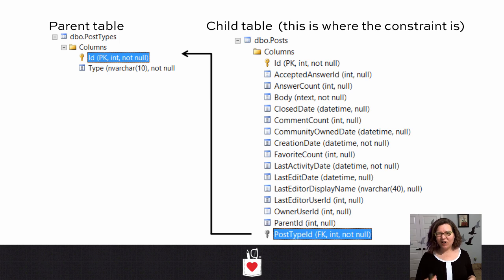By doing this, check out our child table Posts. We can actually store both questions and answers in the Posts table as long as they have different PostTypeIDs, which indicate, is this a question or is this an answer? But we might want to have a rule that says, okay, the Posts table can only have a certain list of PostTypeIDs in there. The PostTypeID for every row in the Posts table must have a corresponding row in the PostTypes table. That is a foreign key relationship in SQL Server